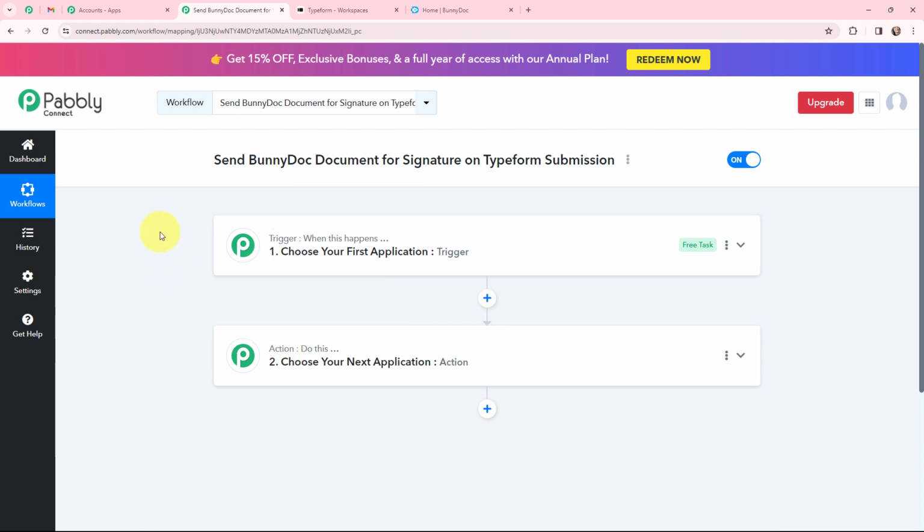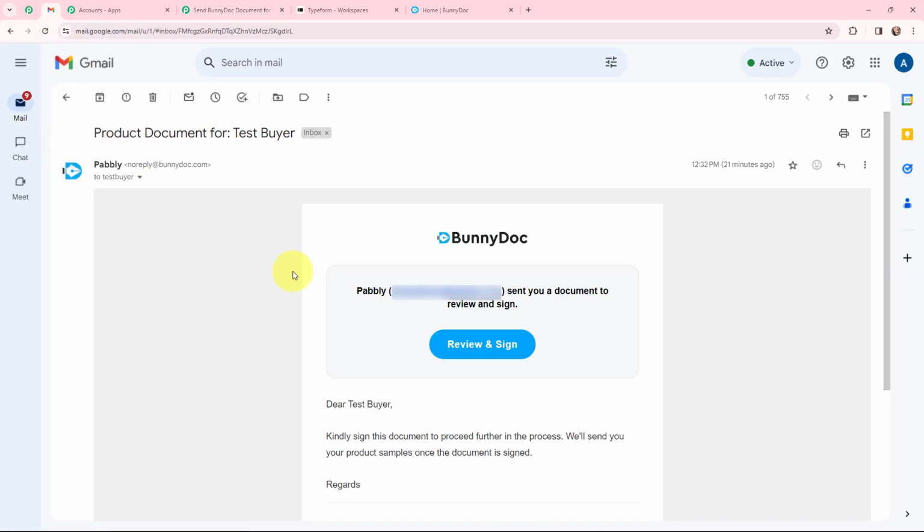Basically, trigger and action are the two most important principles or concepts of Pabbly Connect on which this entire automation will depend. Trigger says when this happens, action says do this. Action is an automated response of a trigger application, and in a workflow we can only have one trigger but multiple action applications. So now moving to my use case, that is to send BunnyDoc document for signature on Typeform